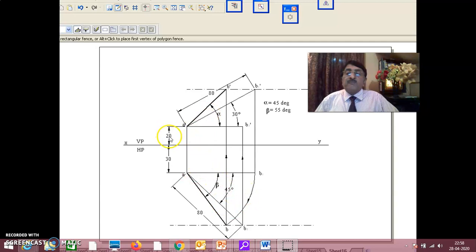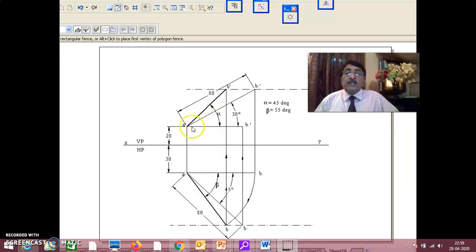Even if 30 becomes 40 also does not change. 40, 50 also does not change. Even if A dash, that is A lies on HP also, it does not change. That means if they don't give this distance, one end distance above HP or in front of VP, you can assume anything. Even here, 30 mm becomes 40 mm also, front view and top views will not change. But when this front view and top view with alpha and beta, this will change, I tell you.